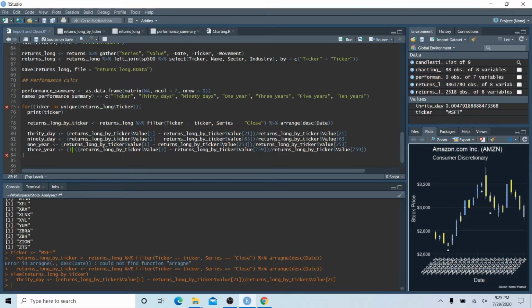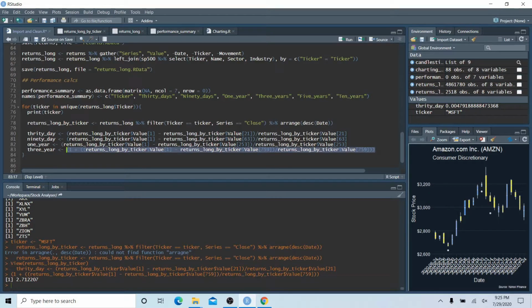We'll say 1 plus, and then this statement is our cumulative return. Then let's put this whole thing in another set of parens. So this now is effectively 1 plus our cumulative return. Our cumulative return over this period